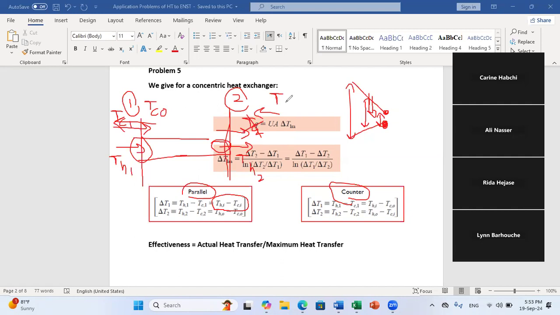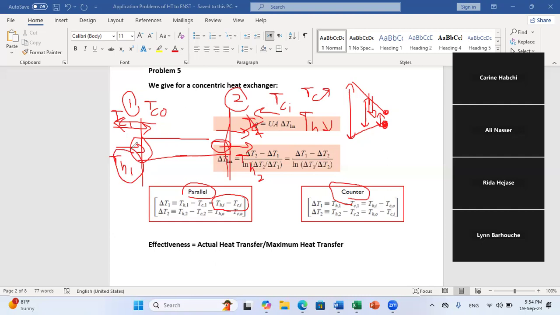And because of the heat transfer that is happening, T cold will increase, T hot will be reduced, but since at this level, at the exit of the cold fluid, you have heat transfer with the hot side, the inlet side of the hot fluid,